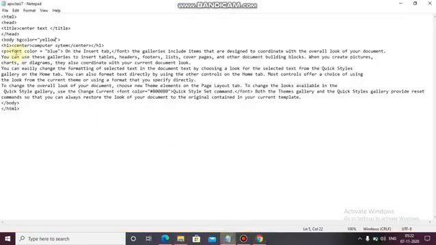While using font color, you can change the color of your text, particular text. And if you want to change the color of your whole document, the text which you have written, then you can write body text equals to the color name or the color code.